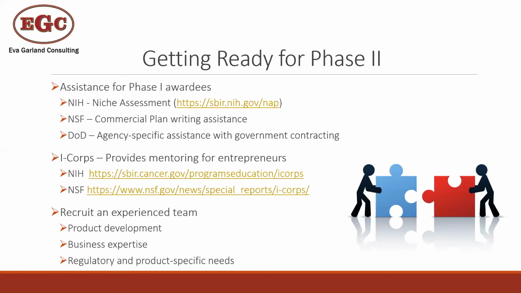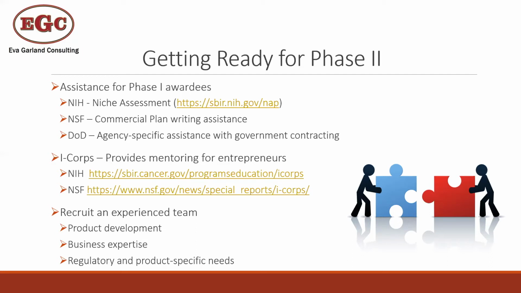For NSF, phase 1 awardees get paired up with some people to help them with their phase 2 application, and there's kind of a cap on hours with this. You meet with them during your NSF workshop that you have to go to if you get a phase 1 award, and then you also have some additional time with them that you can have them look things up for you to be able to pull together your commercialization plan. And DoD also has some specific assistance, and that varies throughout their different branches.